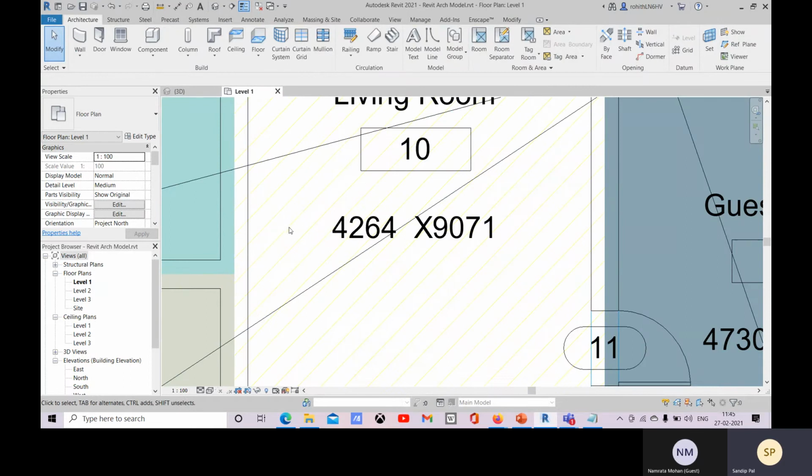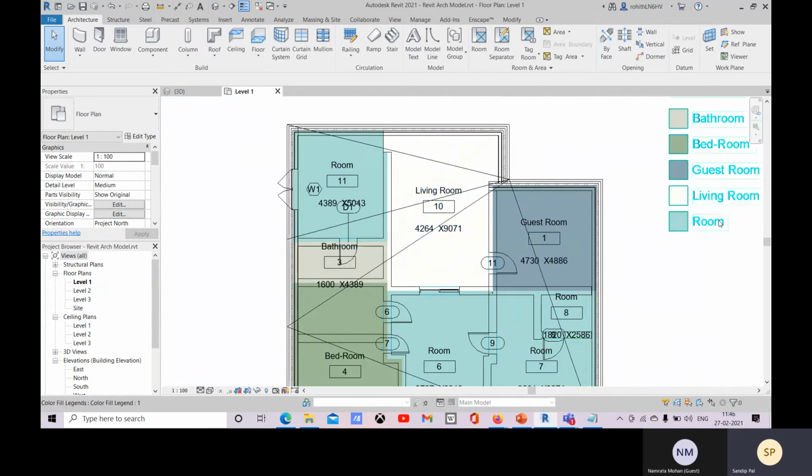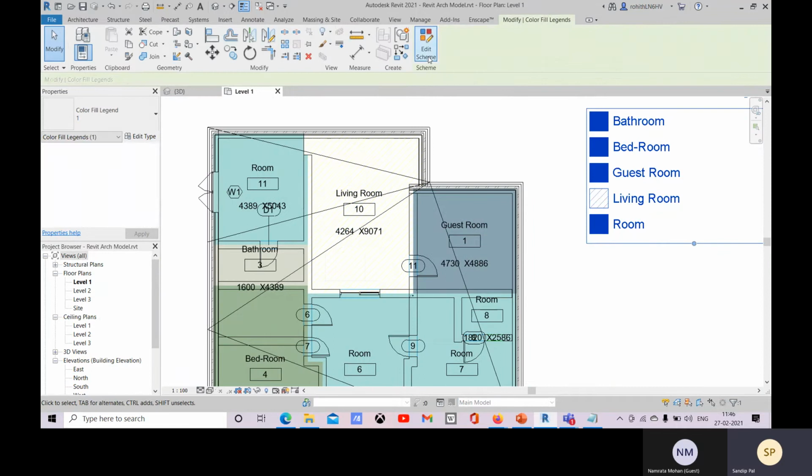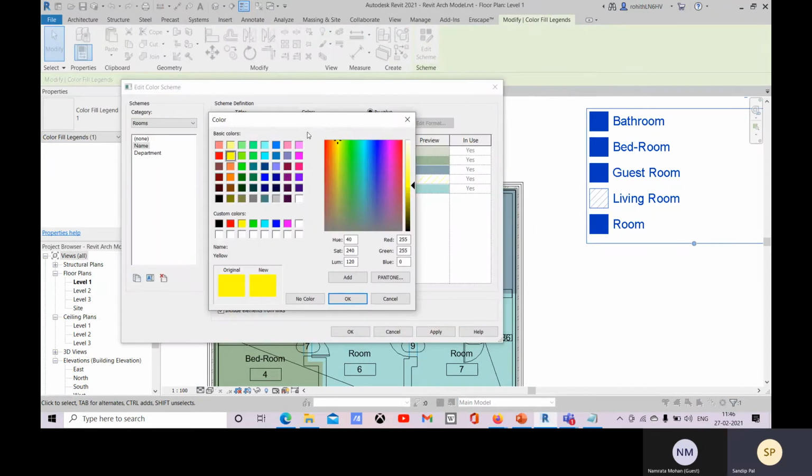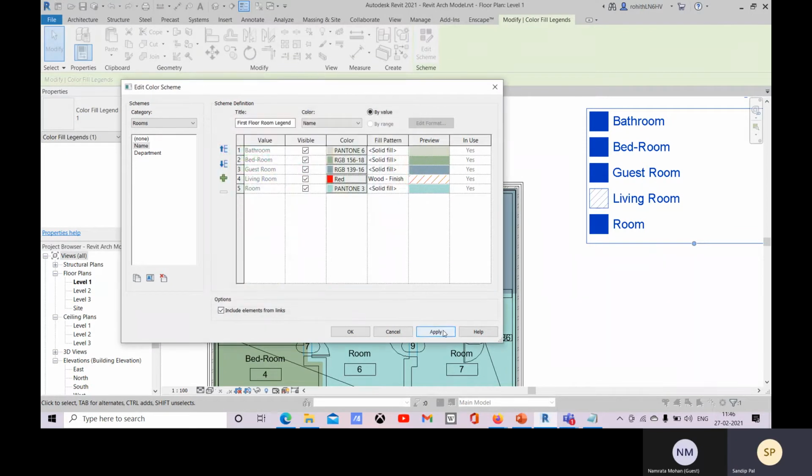Okay, got this, right? So you can simply change your color schemes. All right, simple. Click on OK, apply, and OK. You can change this in your other, like let's go with this.